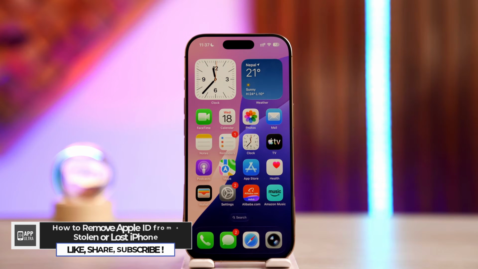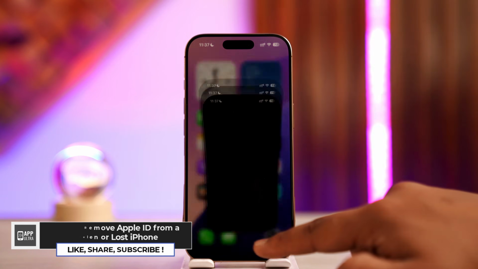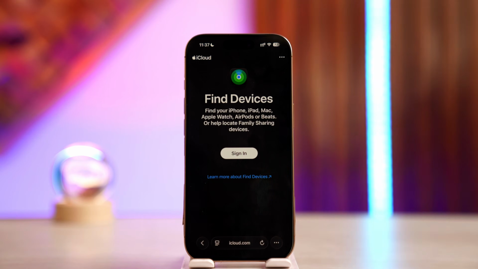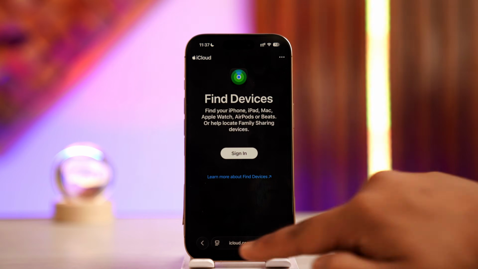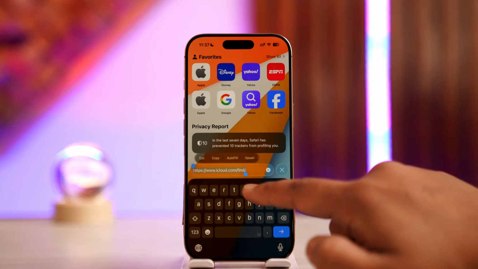How to remove Apple ID from a stolen or a lost device. To remove your Apple ID from a stolen or a lost iPhone, you basically open your browser. Even if you don't have access to a new phone, you can open your browser from your laptop also. So from there, what you have to do is simply go to